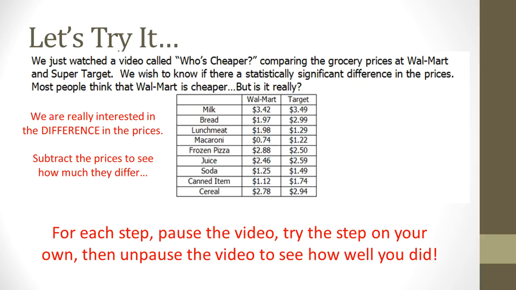So we need to subtract the prices to see how much they differ by. For example, with milk, at Walmart it's $3.42, at Target it's $3.49. So that's 7 cents cheaper at Walmart. So Walmart minus Target, we end up with negative 0.07 for the milk, etc. Notice that a negative indicates Walmart is cheaper, a positive indicates Target is cheaper, and 0 would indicate they are